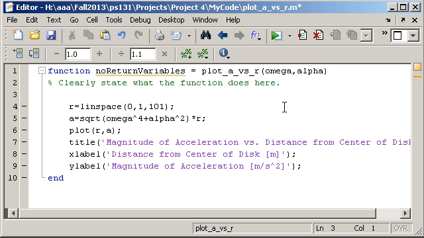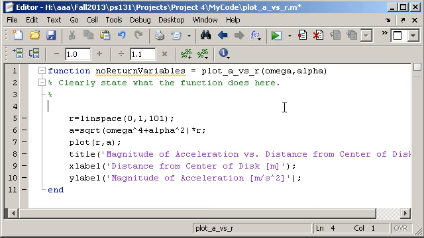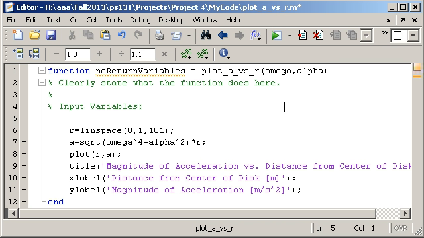You better mention horizontal disk with a vertical axis through its center, or words to that effect, and the fact that it creates a graph of the acceleration of a point on the disk as a function of how far out from the center of the disk it is. And then input variables. We have omega,